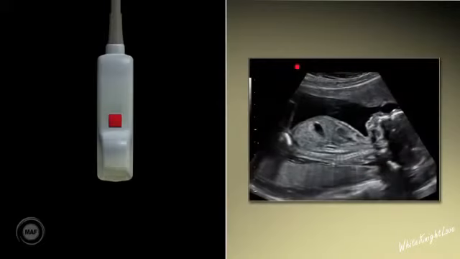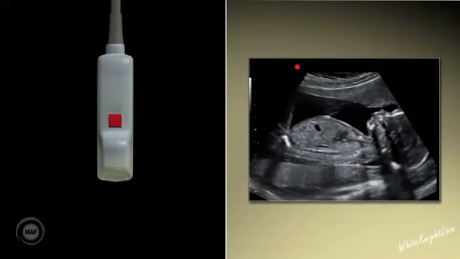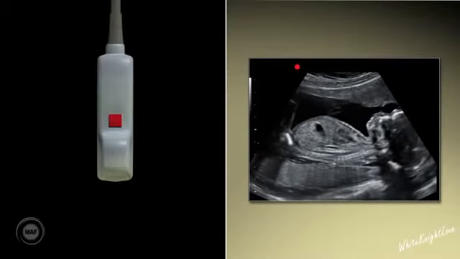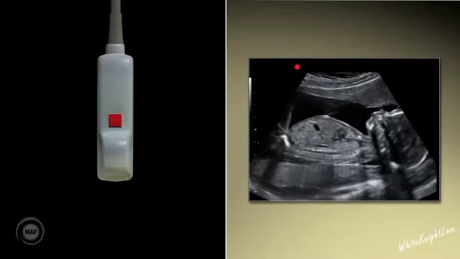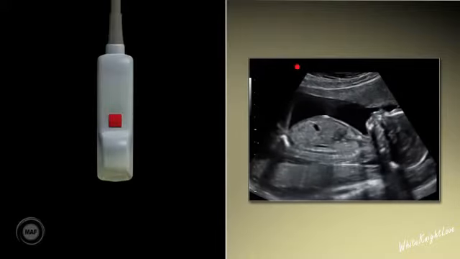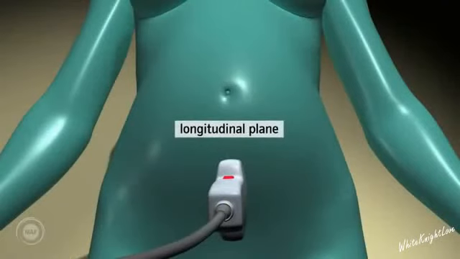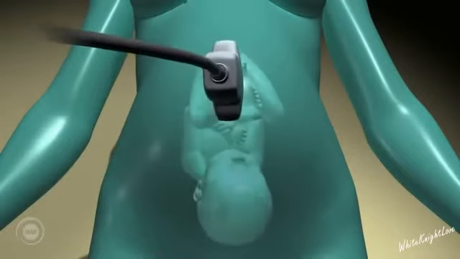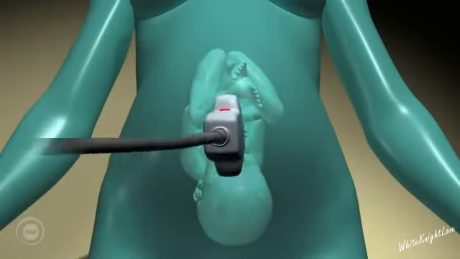Probe orientation. There is a marker or a dot located on the ultrasound probe, and it is always represented on the screen in the same place, usually the top left-hand corner. This dot is crucial when working out the orientation of the organ or the fetus and when interpreting the corresponding image on screen. If the probe is placed on the mother's pubic bone in the longitudinal plane, one must consider where the dot is on the probe and relate it to the dot on the screen in order to interpret